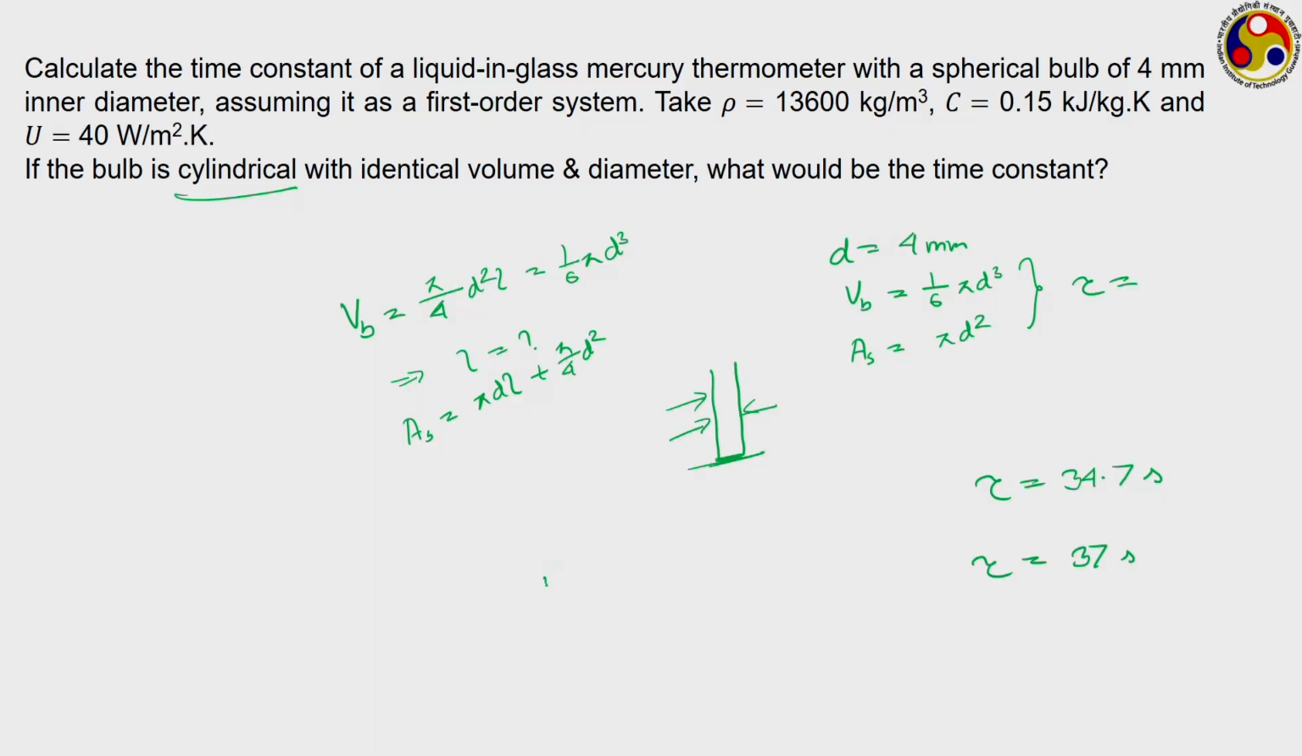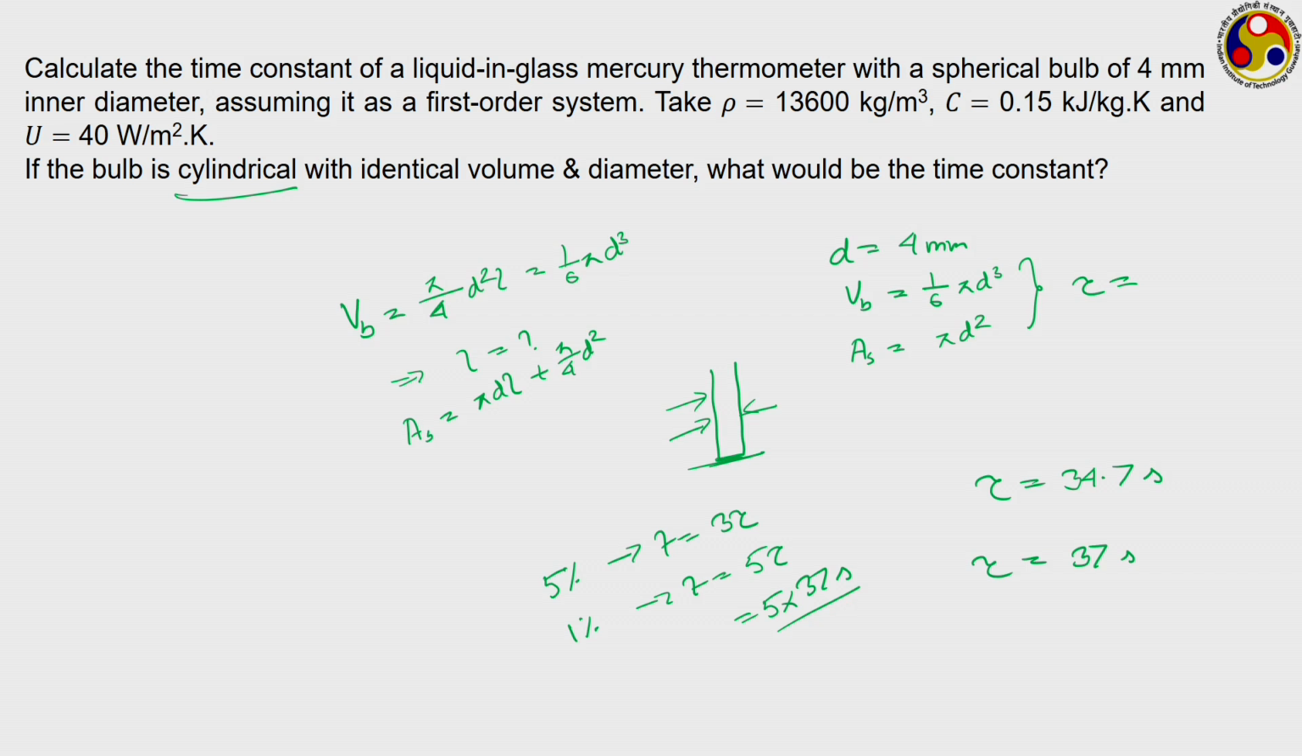Hopefully you remember, if we can allow 5% error, then our time should be 3 times the tau, whereas if we want error to be less than 1%, then t should be 5 times the tau. So, if we want our error to be less than 1% with the cylindrical bulb, then we have to allow 5 into this 37 seconds, this much time